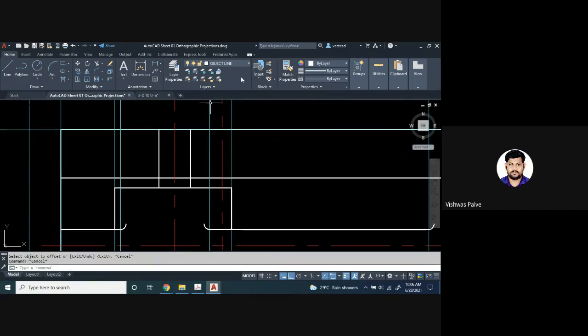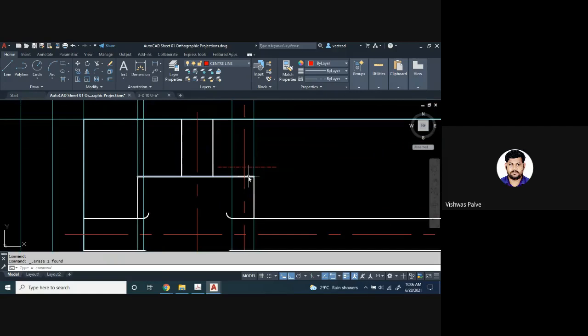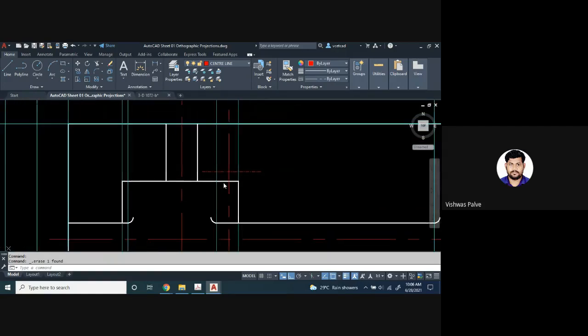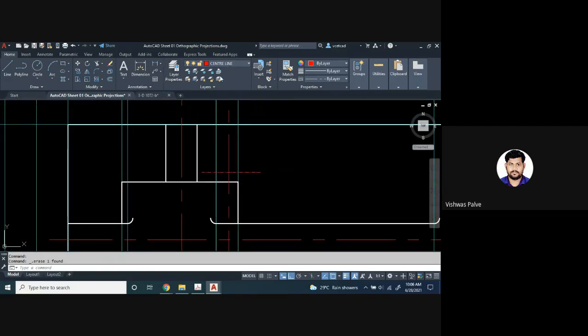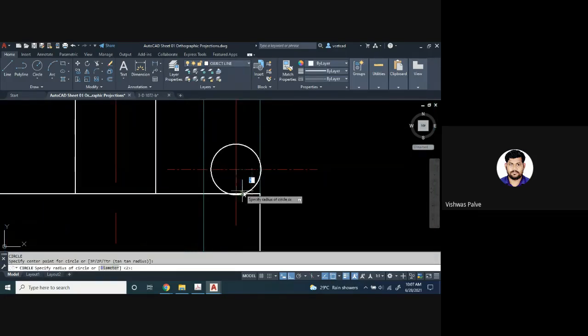So I'll draw a center line from here to here, and then delete the line which I drew as a reference. So this was a center. Now I'll draw a circle, object line, C enter, from here.